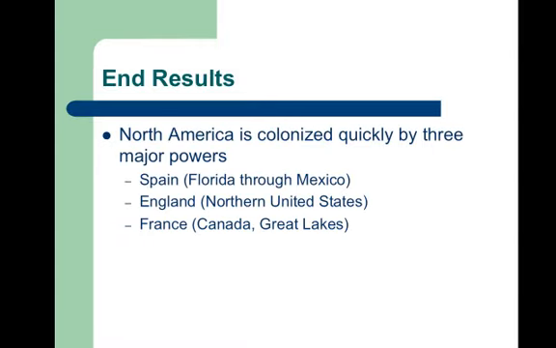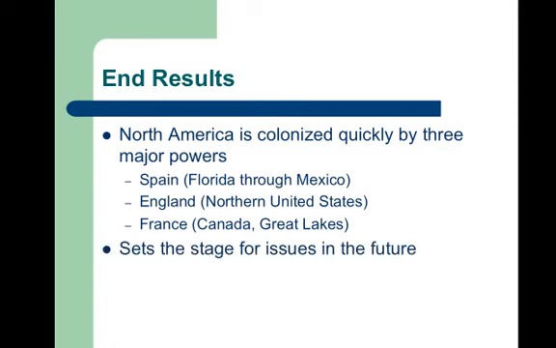The end result is this. We're going to see these three major powers colonizing in North America, and they're going to start really gaining quite a bit of power here. Spain is going to primarily focus on the southern areas. It's going to be Florida, down into modern-day Mexico, down into modern-day South America. They by far have the largest empire. England's going to be in the northeastern United States. We'll see them settling places in the northeast and maybe even a little bit further south towards Virginia. That'll come soon. And then France is going to be primarily in Canada and the Great Lakes. Those are the locations that these three are going to be coming to.